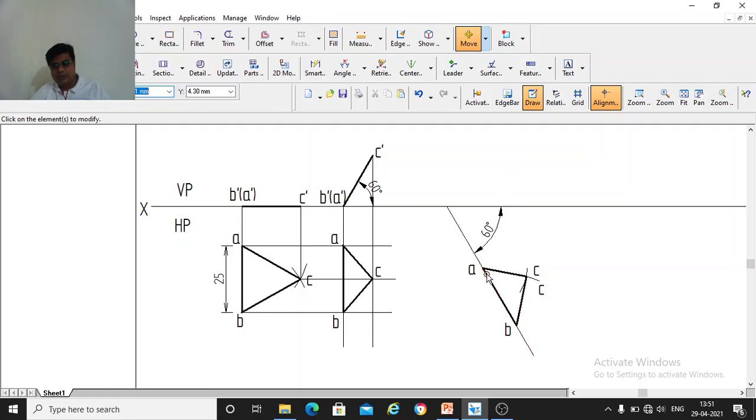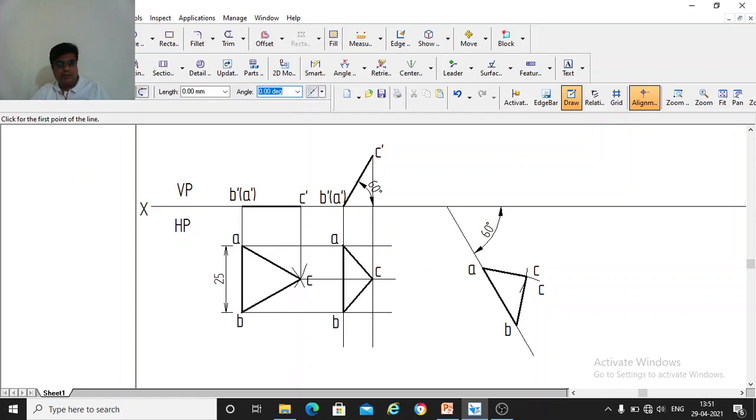So these points you have to project. So now you take a pencil, magnetic pencil, and from these points ABC you draw vertical lines in the vertical plane. From all the points ABC you draw vertical lines. From C also you draw vertical line.